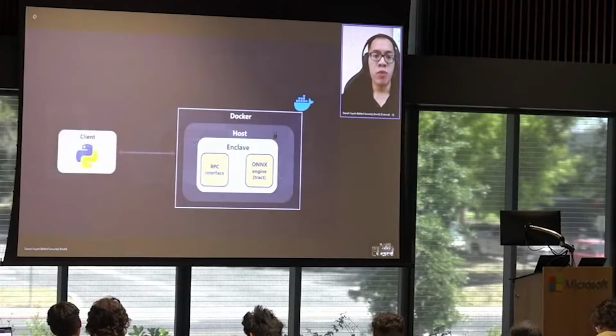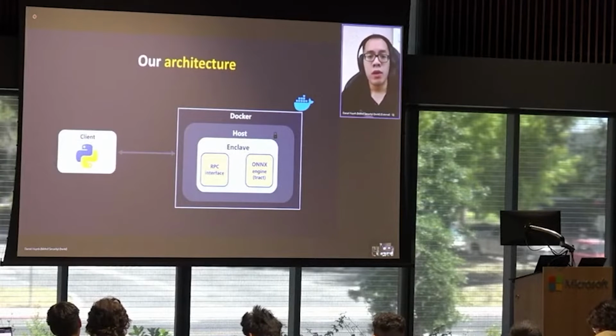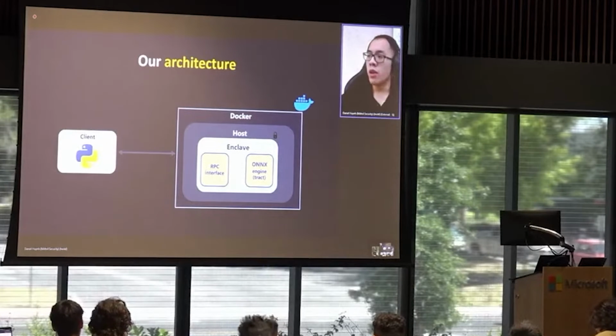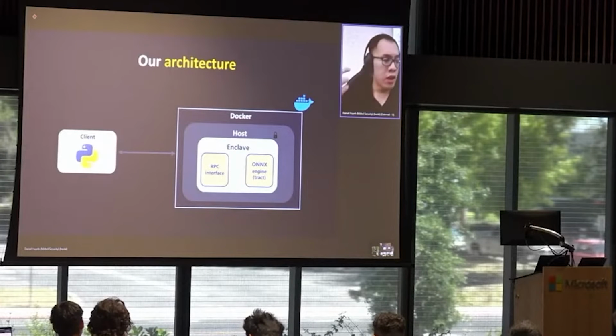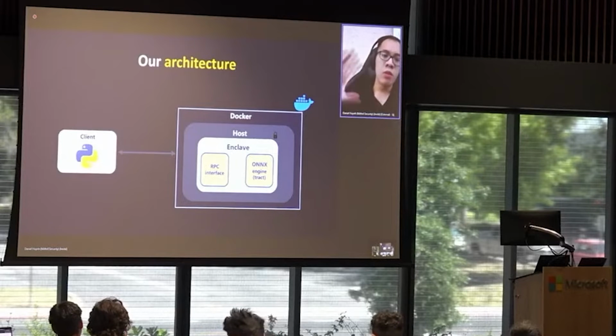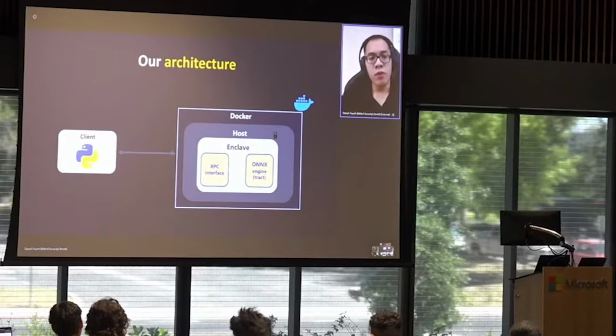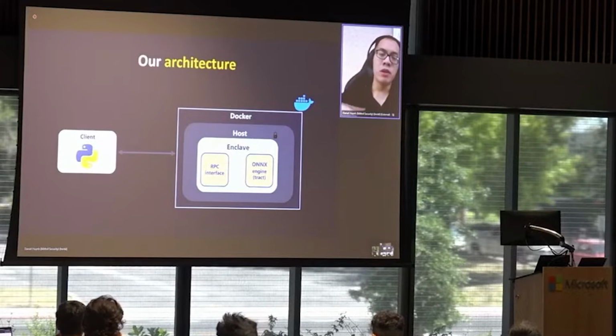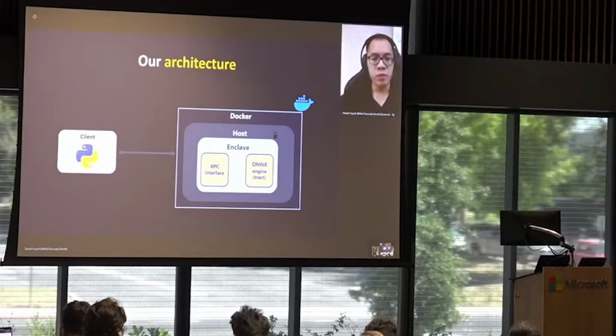So how does it work in practice in terms of architecture? The idea is that we have an Onyx engine. We are using Tract, which is a Rust-based Onyx engine initially for embedded devices, but we've modified it to make it work inside a secure enclave, and then provide some networking abilities for data to be analyzed. And then we have wrapped everything inside a Docker image, and then we have several cloud SDKs to securely consume a remote model.